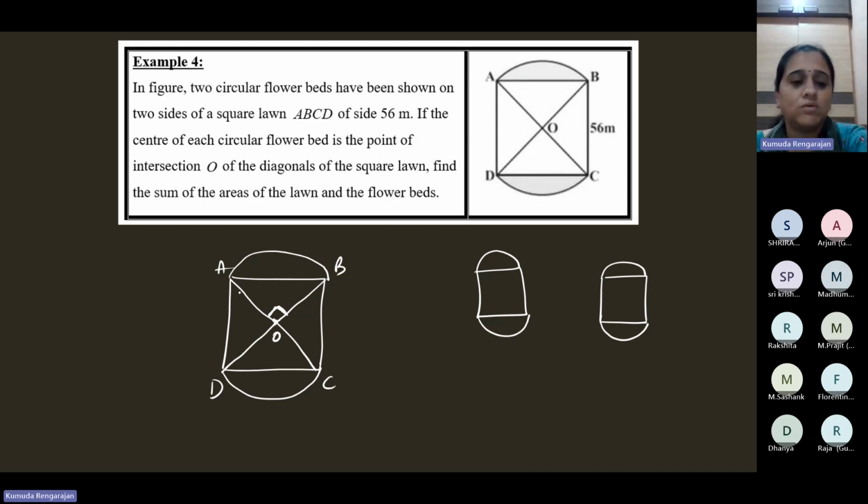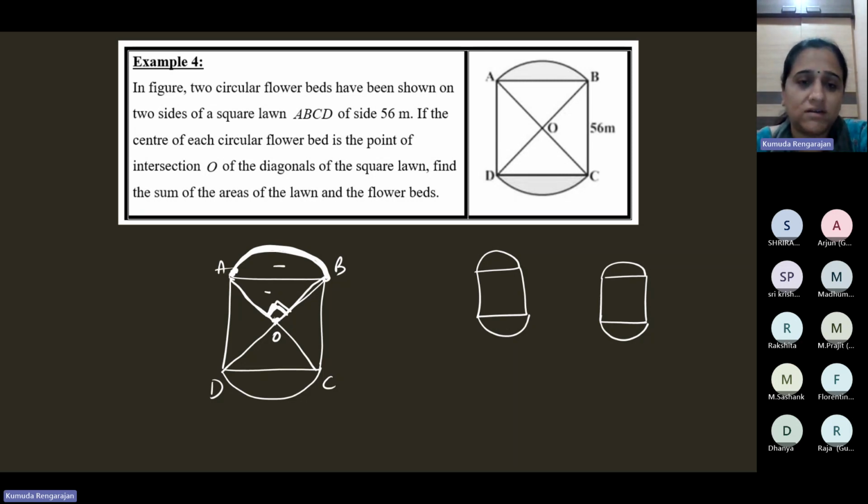All right. So now look at this one. This is the center. This is the circular flower bed. So this is the circumference, right? Now with this point A and B, you can see BO, AO, and the angle is 90 degrees here. So this is a sector then. This one together is a sector. You can look at AB as arc AB, subtending 90 degrees at the center